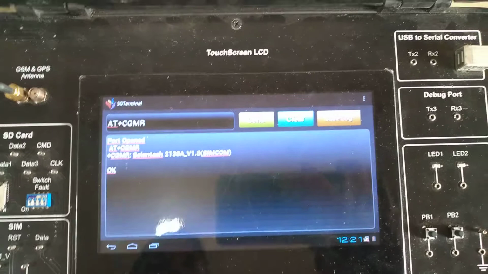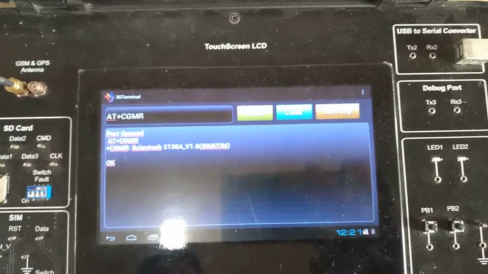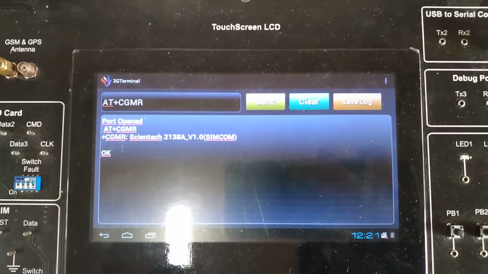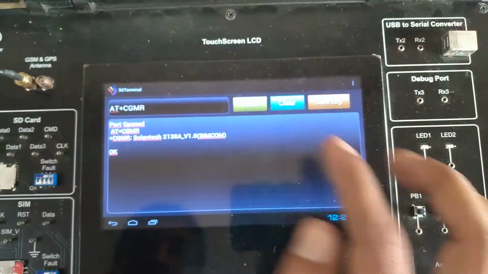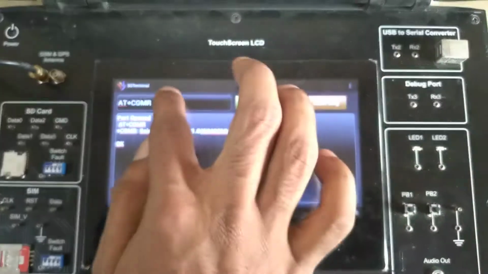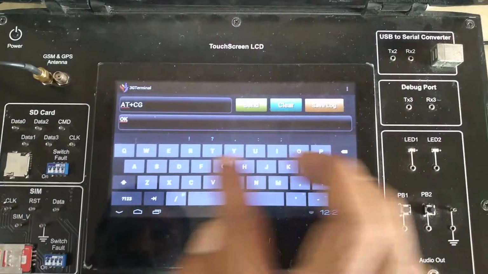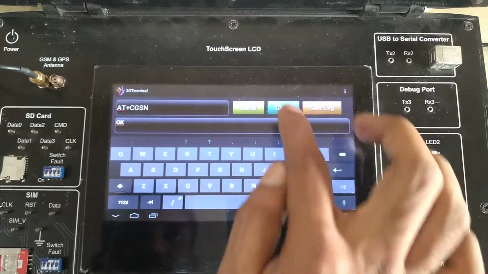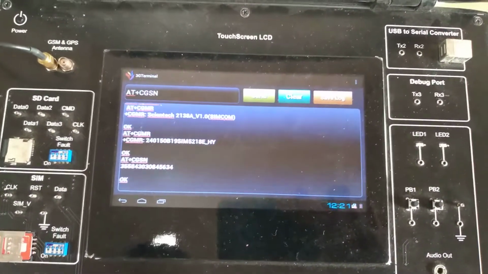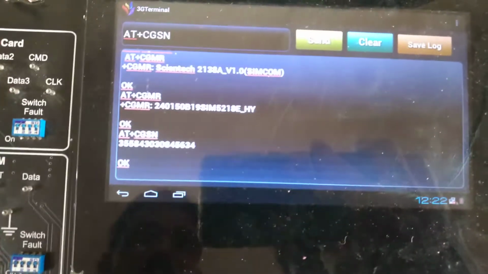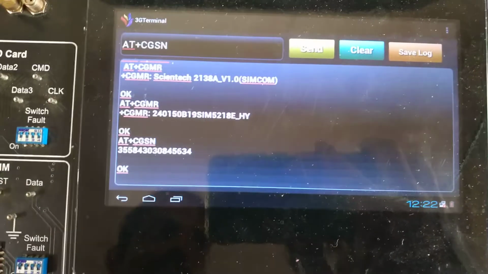This command is for revision identification, the revision of this model and kit. Next command is for the serial number of this kit, AT plus CGSN. You will get the serial number of this model. You can see it.